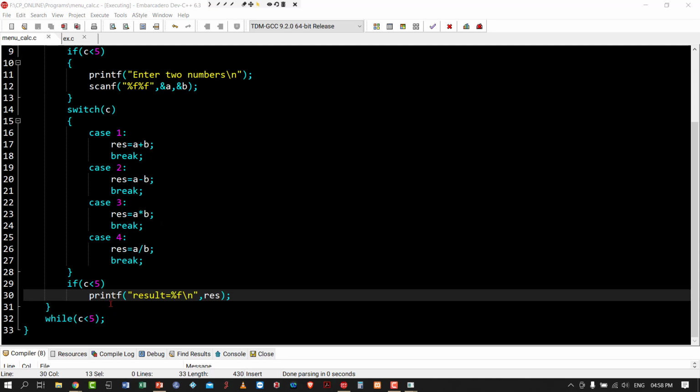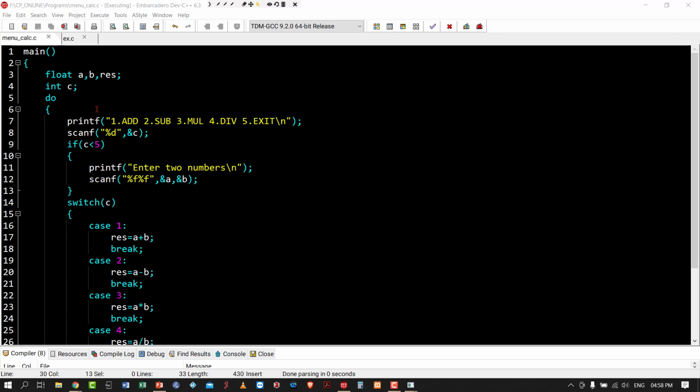And again, this is to accommodate the exit condition. The result is printed only if the choice is either 1, 2, 3 or 4. If the choice is 5 there is no need of result. That's why I put the if condition here. Similarly, here if I press 5, there is no need to repeat these statements. There is no need to print this menu again, or to read two numbers and perform these operations.